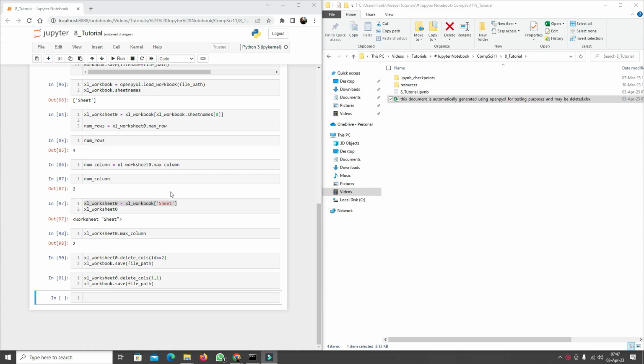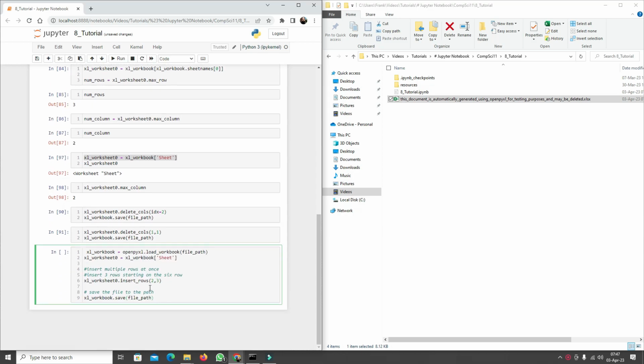So there are at least 2 more operations that are quite fundamental when dealing with Excel documents. The first of these is that we need to at least be able to insert a certain number of rows starting at a certain index. For that, I have this short piece of code, which is quite self-explanatory, but I'm just going to run through it. So what we're doing is loading the workbook, which we've already created up here. And then we are assigning a variable name to our worksheet inside of this, by referring to the sheet name inside of the